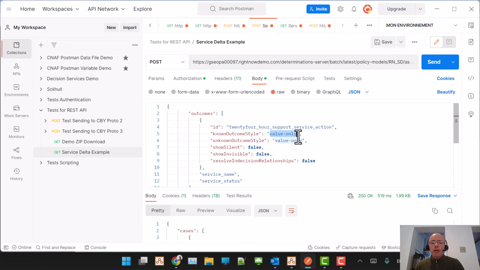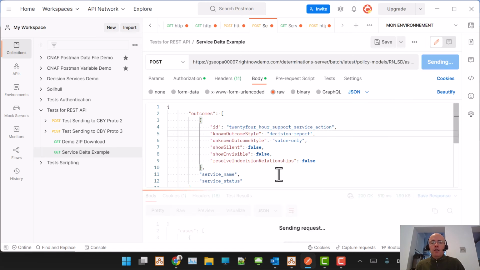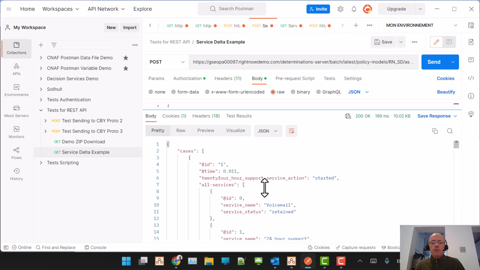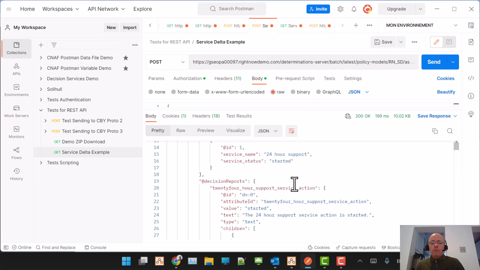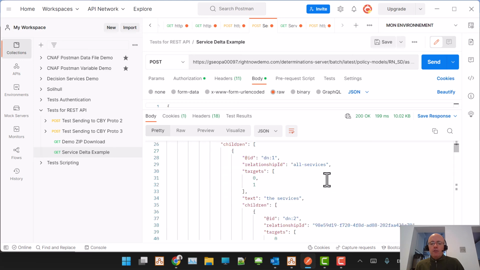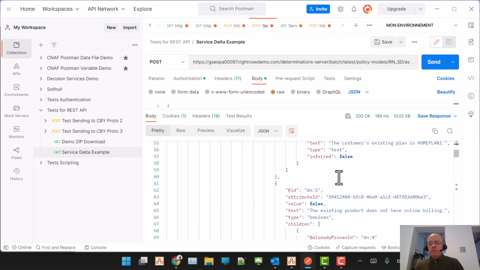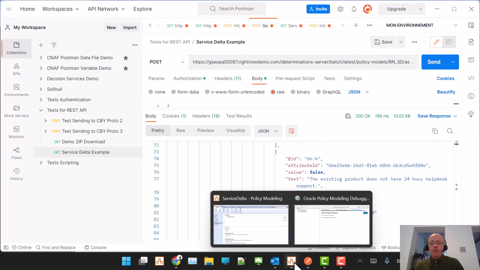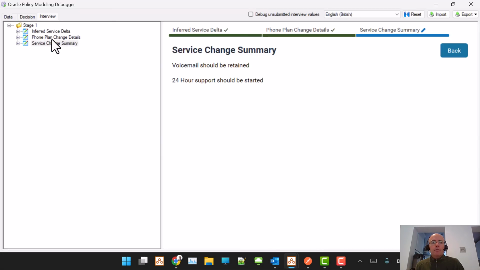And if I want to have the explanation, or the decision report as it's known, I can specify that for the 24-hour support service action. So I could do this for each of the different services, but I'll just do it for 24-hour support. I want to see the decision report, which means that for the 24-hour support action I now have a complete detailed decision report, which you should find very familiar, because if I go in here,